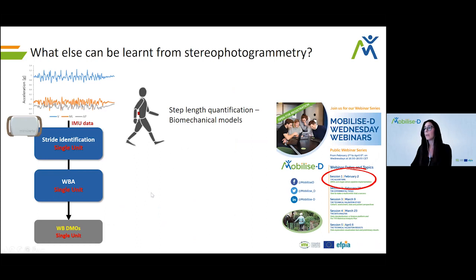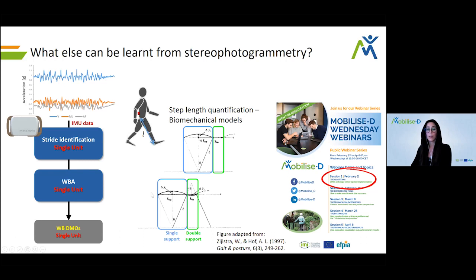And these biomechanical models use anthropometric information to estimate the displacement of the foot, having information about the displacement of the pelvis using the information of the inertial measurement data. And this kind of model has been